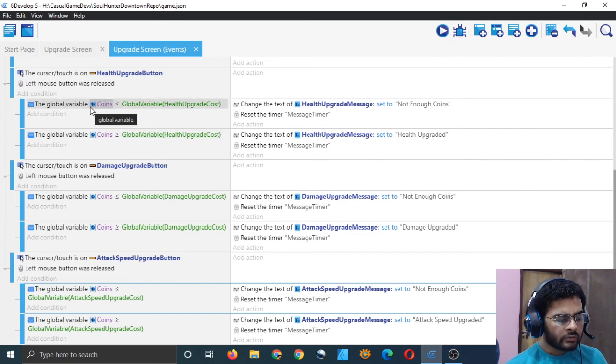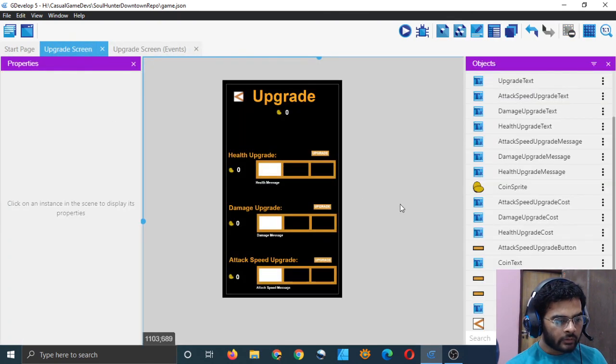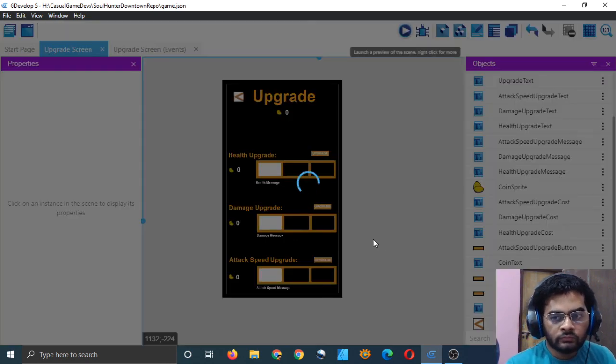It should work, I guess, because it's very simple. We're not doing anything very crazy. Let's see if it does. We don't have any coins right now, so the condition will be false.